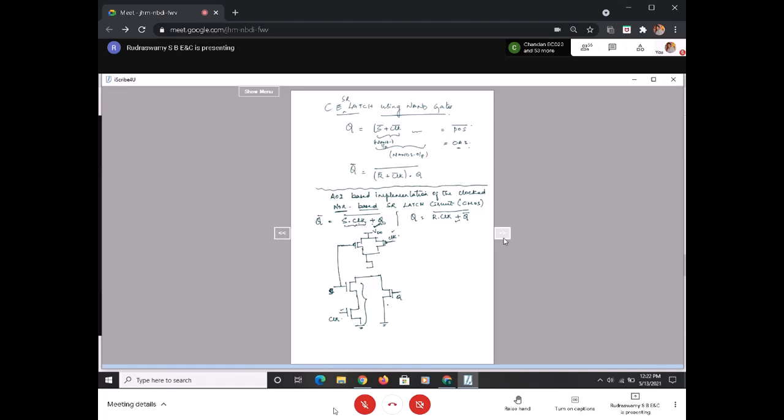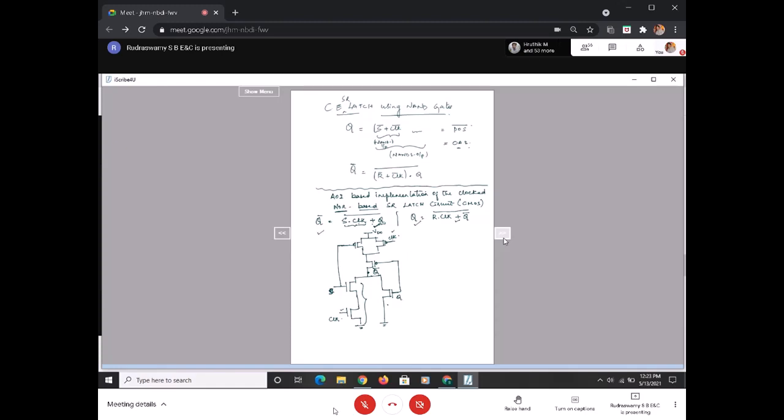And this is what I am doing. What is it that I am getting over here? This is my Q bar. What is the output where the NMOS structure and the PMOS structure meet? What is this output now? Q bar. It is Q bar. So this is with respect to my Q bar.